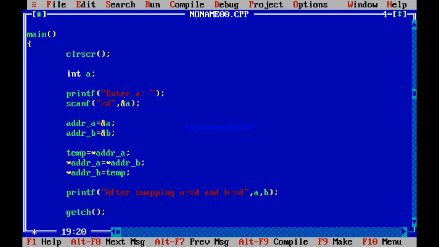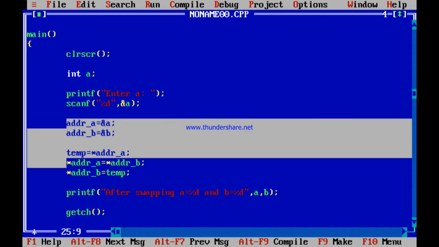Suppose somebody is giving you a glass of water. You hold out a glass to catch that water. But when you are giving out, you give out the glass as a whole, the content. That is, when you print, you are printing the value. But when you are scanning, it is in an address. So scanf ampersand A. Then if you print A, what should be printed? Whatever you entered. I just want to show you a very interesting thing over here.